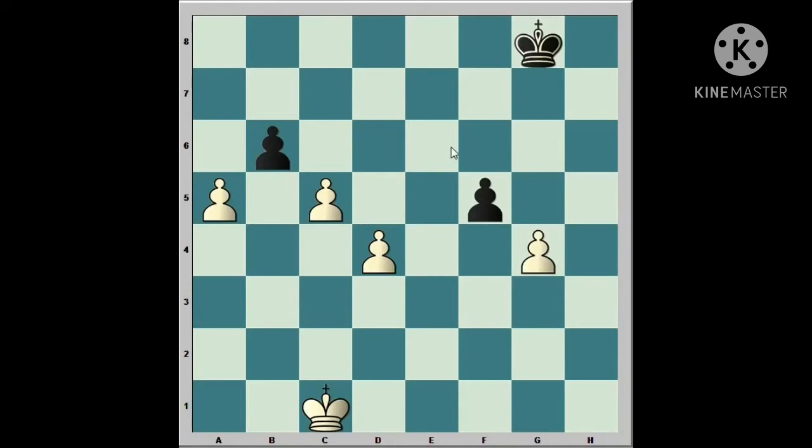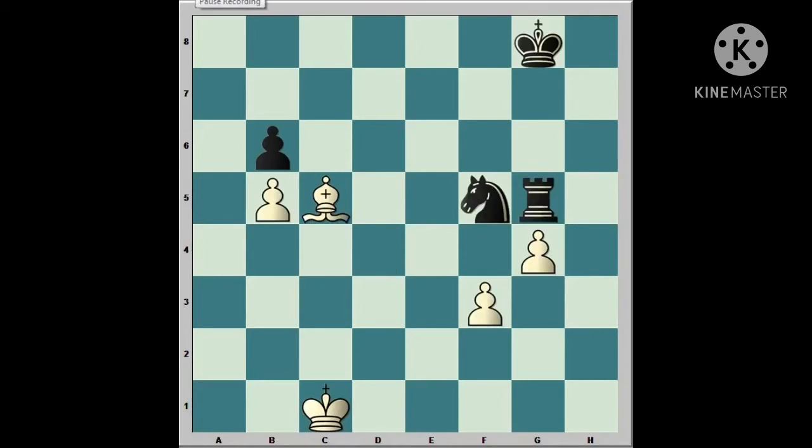In the same way we can capture a piece also. In the next diagram we see white can capture the knight with g4 into f5, that is pawn into knight. He cannot capture the rook which is standing on the same line. The rook is actually blocking the pawn, but he can capture the knight with g4 into f5. If it is black's turn to move, he can play pawn into bishop, that is b6 into c5.